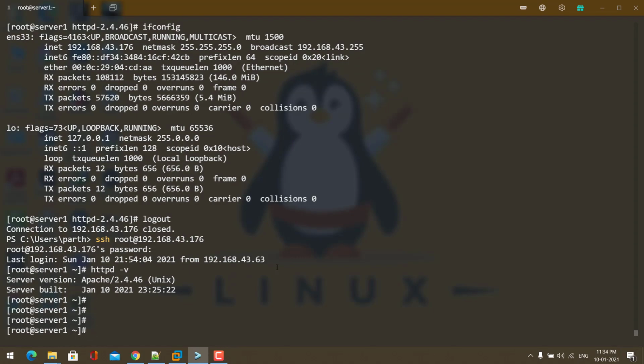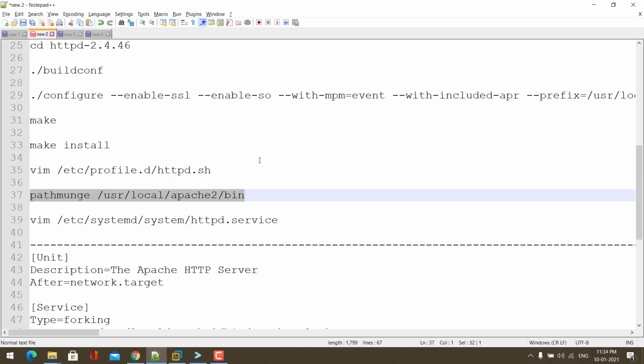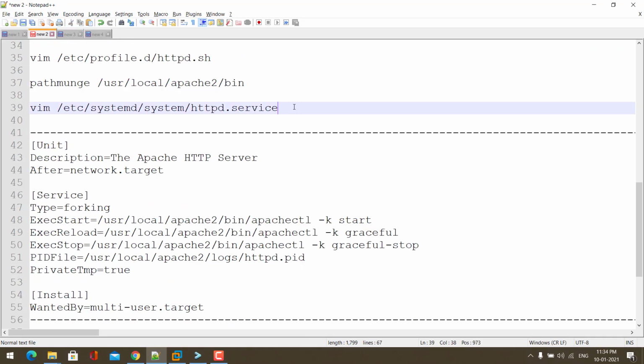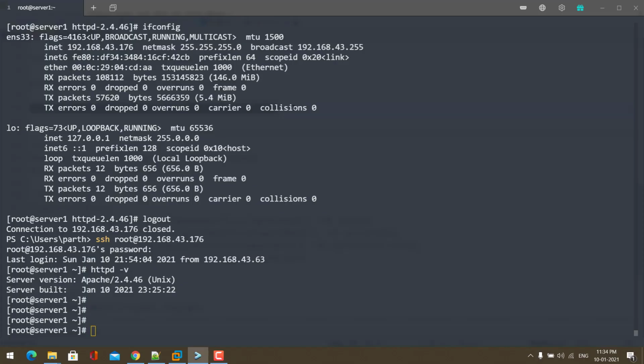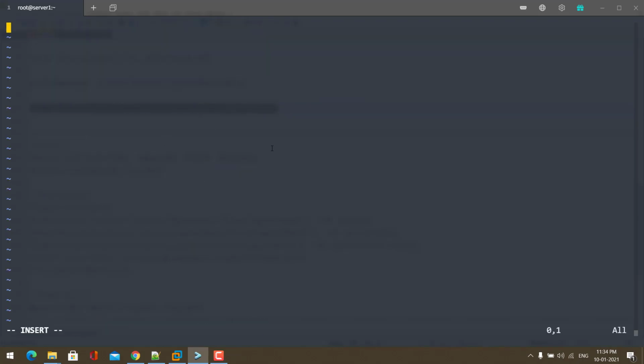Next we need to configure the service for Apache. Now open the notepad. We need to create this HTTPD service file in this directory. Now type the command and hit enter.